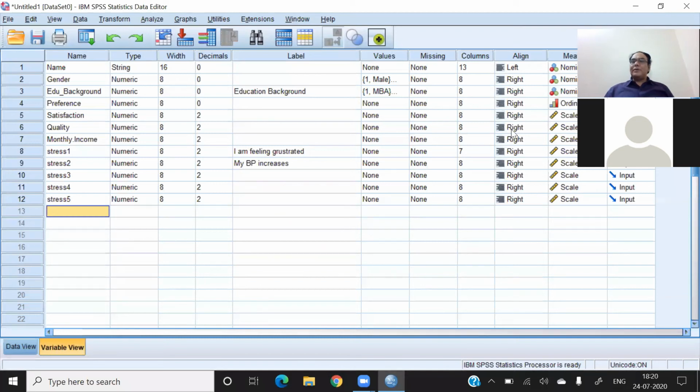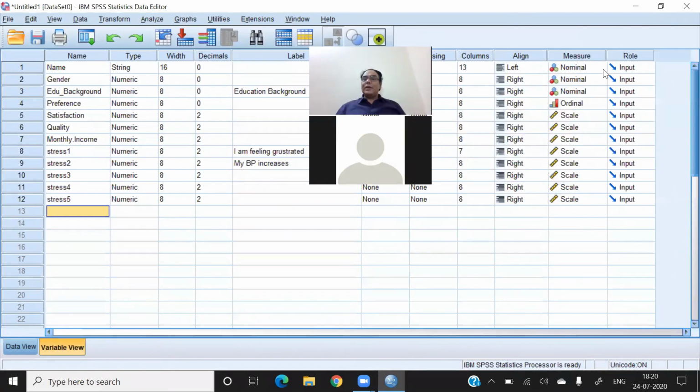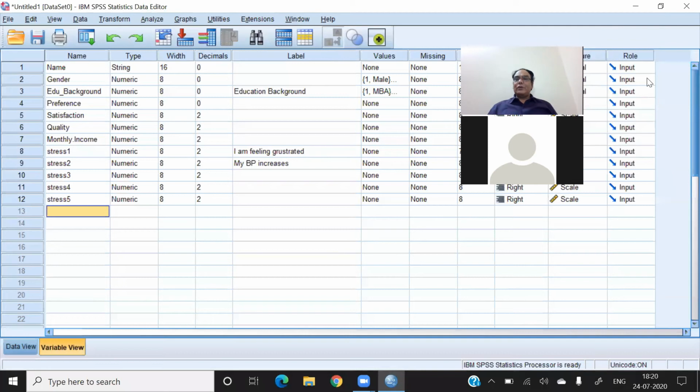The last option is the role option, right? Now what is this role option? This is a new feature added by the software, because in earlier packages this option was not there, but because the world is moving to the machine learning concept, this represents the machine learning concept. We have only 2 main important options here: input and target variable. Normally we define the target variable as the variable which is dependent in nature, and the input variable as independent in nature. So you can define your dependent variable as a target variable and other variables as input variables. This is about the front page of the software.